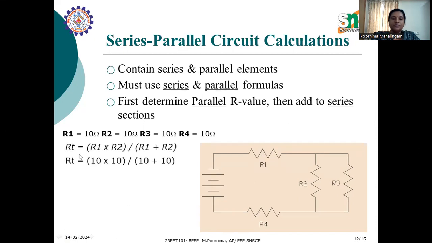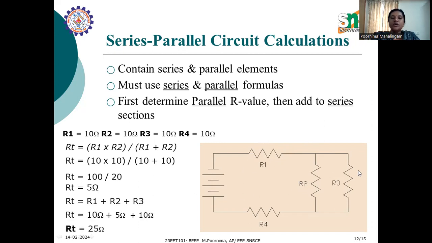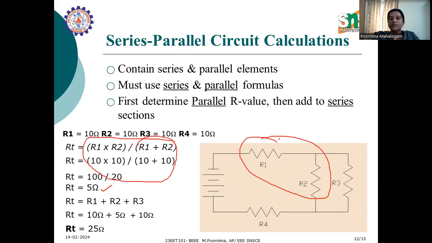Now let's see. First R1, R2. First we take these two parallel connections and solve them, and we find that R total is 5. So these two are parallel, and by using the parallel formula we find it is almost 5. And now this circuit is redesigned into,